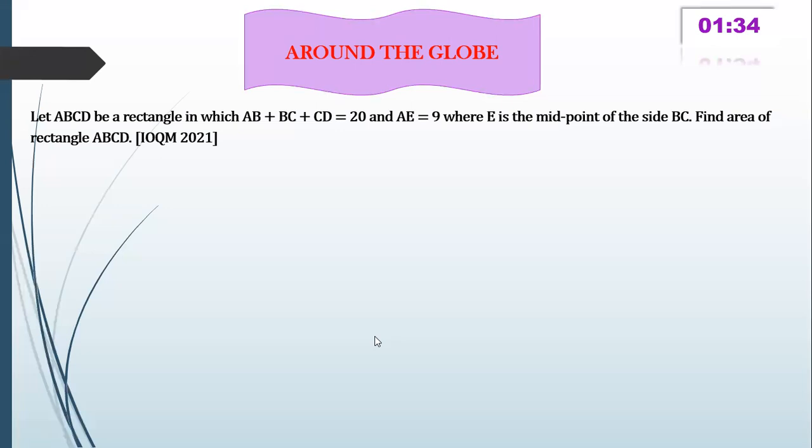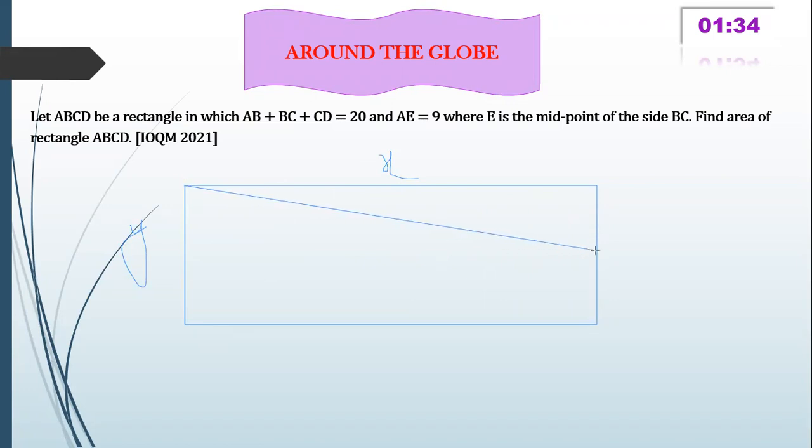Okay, so I'm showing the solution, very simple, because those who are watching the YouTube recording may not be able to do this. First take this side as x, this side as y, right? Now what the statement tells very clearly is that from this part you have to draw a line joining the midpoint. The midpoint is named as E.